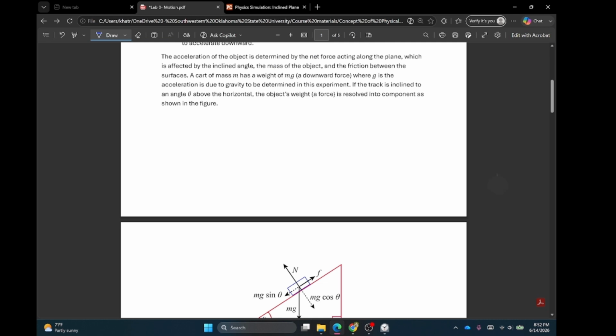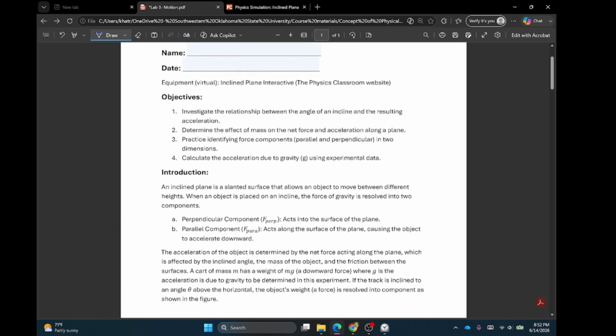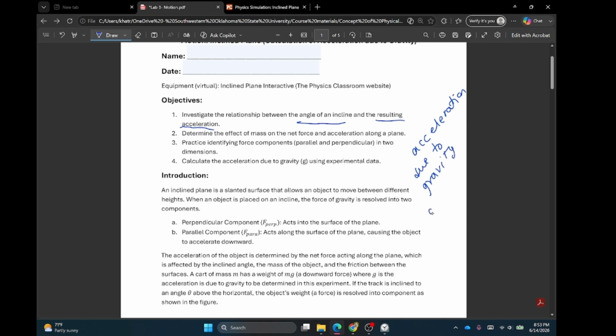And in this lab, we will first want to investigate the relationship between angle of inclination and the resulting acceleration. In this case, this is acceleration along the plane, but not the acceleration due to gravity, because remember, acceleration due to gravity, we generally represent it with the letter g, is a constant,